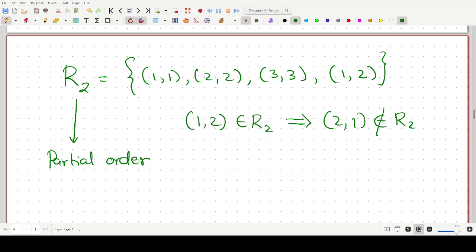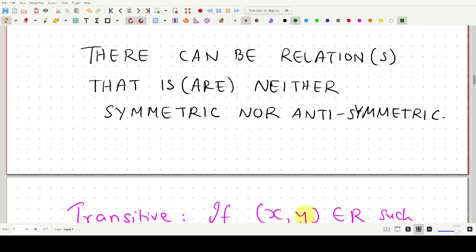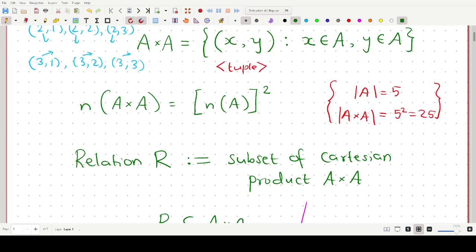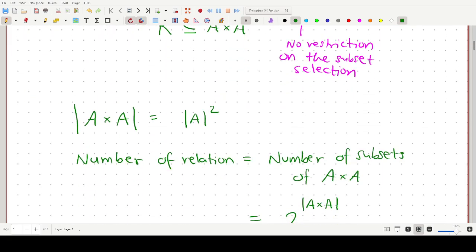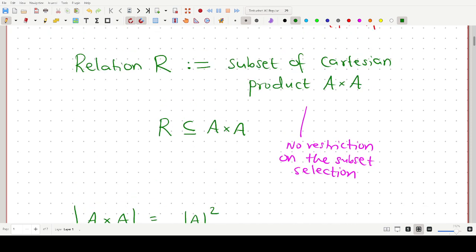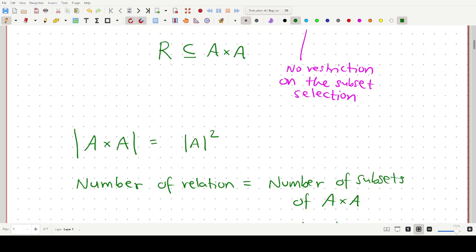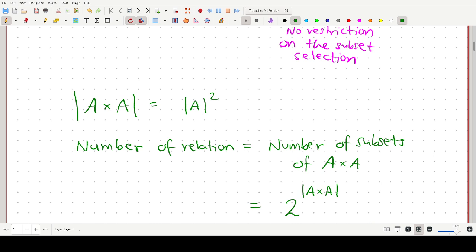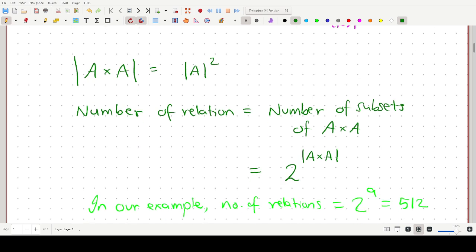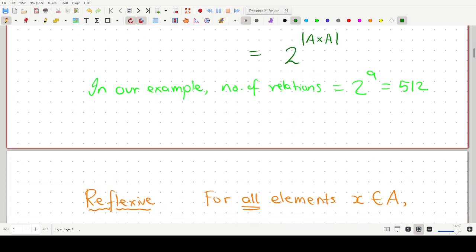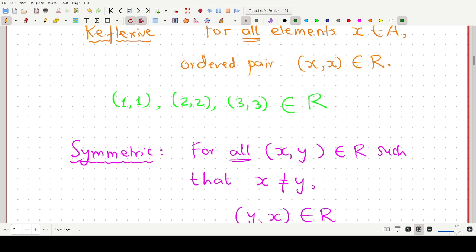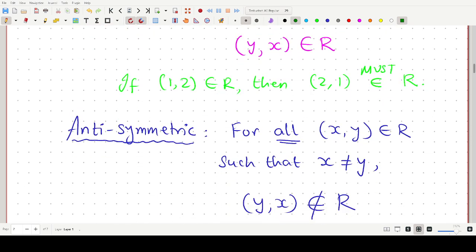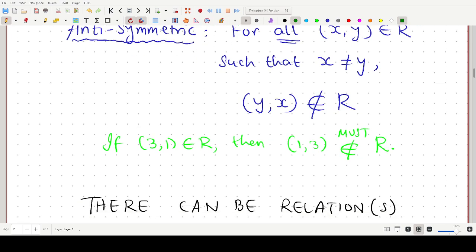So in this lecture, we have covered the definition of a relation. A relation is a subset of the Cartesian product. We have found out the cardinality of a relation, that's the number of ordered pairs, but the number of relations is also obtained over here. In this lecture, we also identified the definition of a reflexive relation, a symmetric relation, an anti-symmetric relation,